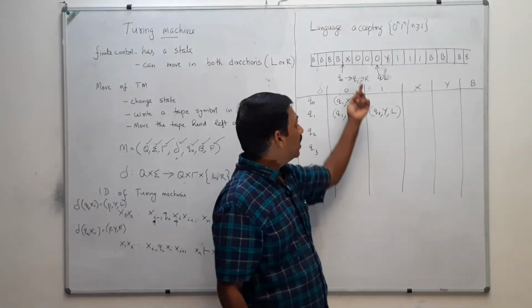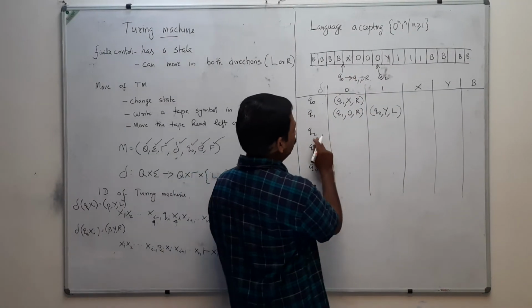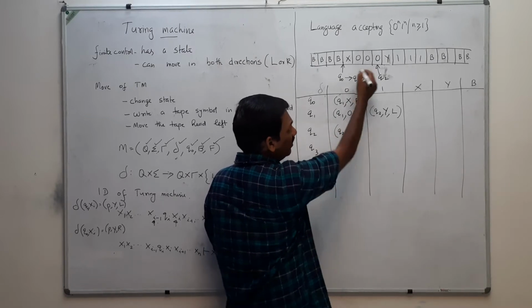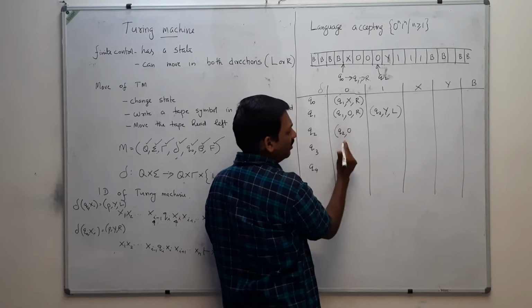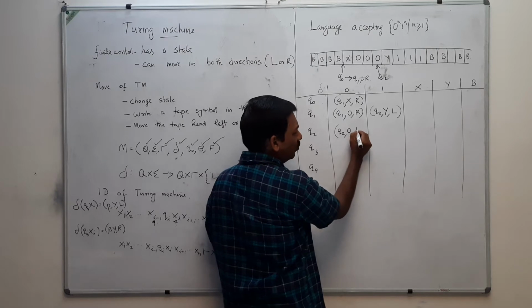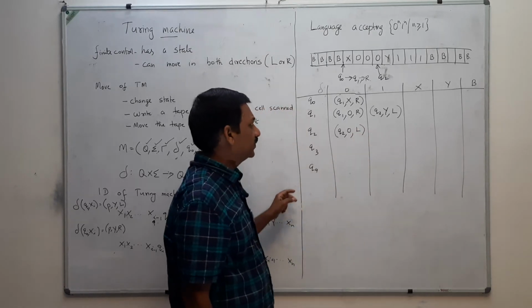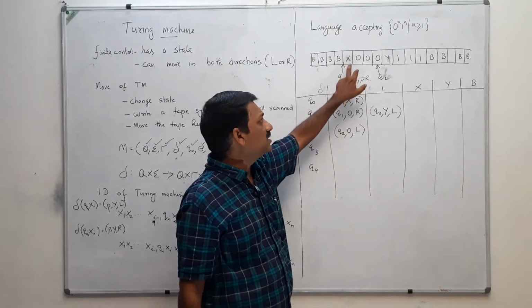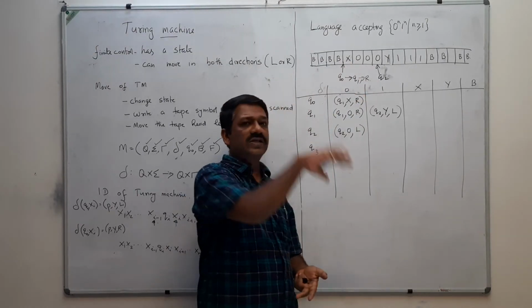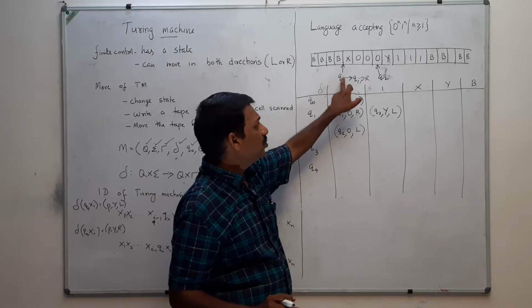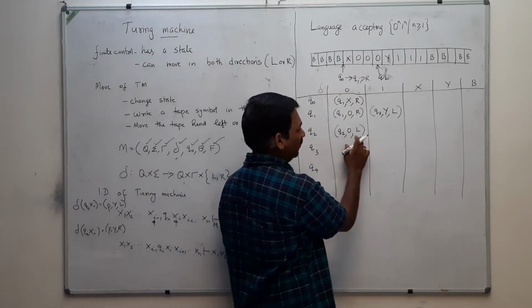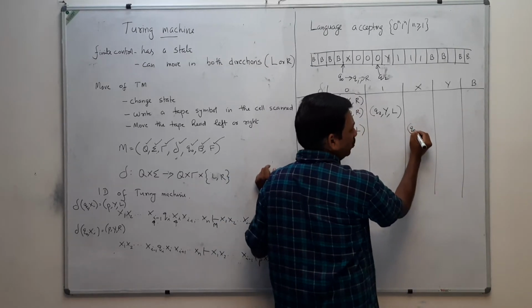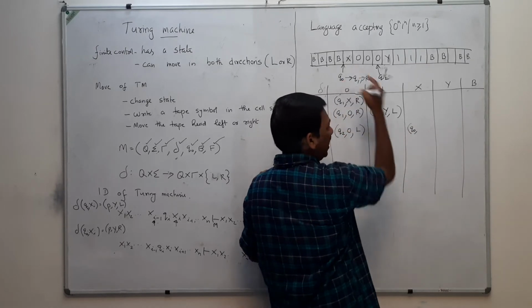And now in state q2, if there is a 0, what will happen? It stays in the same state q2 after replacing that 0 by 0 and moving left. It will move to this place, and once it sees this x, we have to go to the initial condition. That means you have to switch to q0. In q2, on 0, left means skipping all the zeros. If it happens to see an x, then it will switch to q0 after replacing this x by x